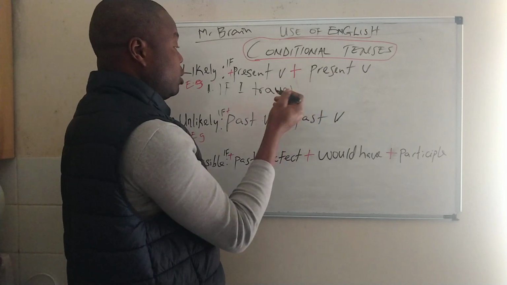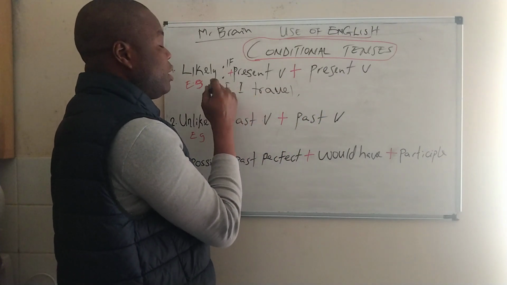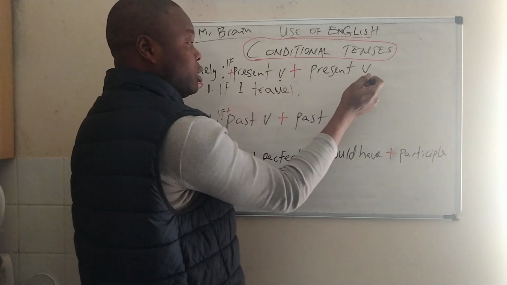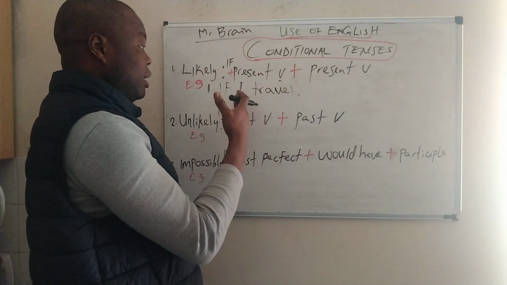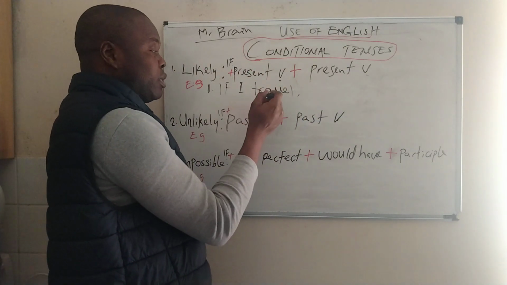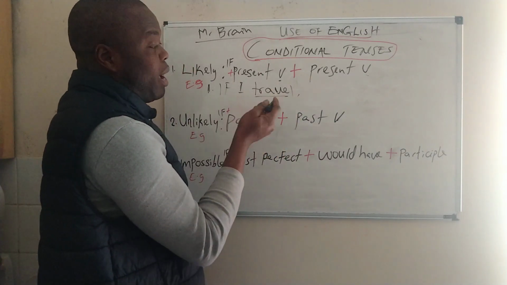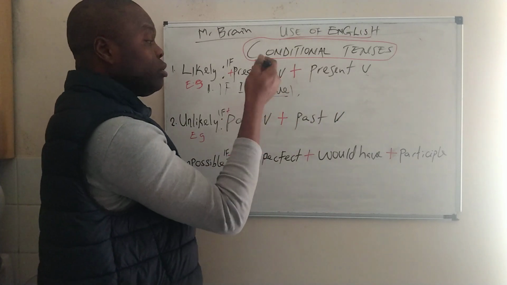So if I travel to London, where is the verb we have used here? This is the formula: if plus present verb, plus present verb. So each part of the sentence here must have a present verb. And once we have a present verb here, that means we need to have a present verb on this side as well. So if I travel to London,